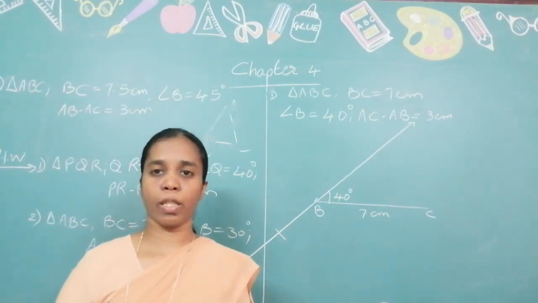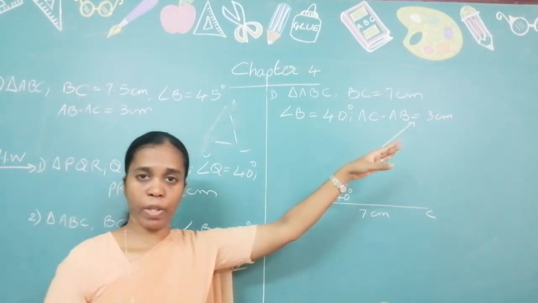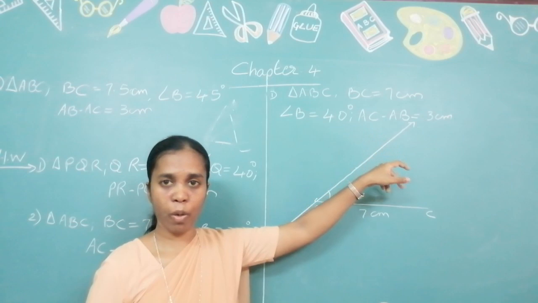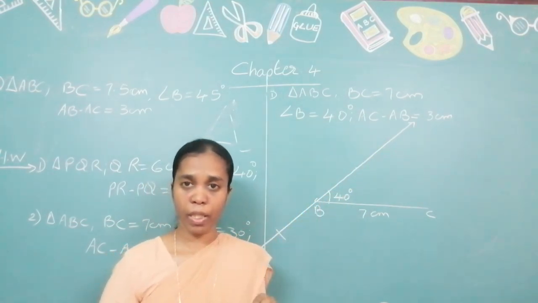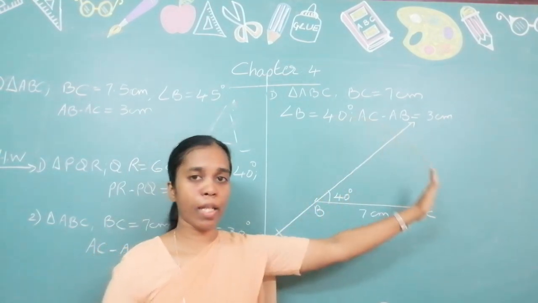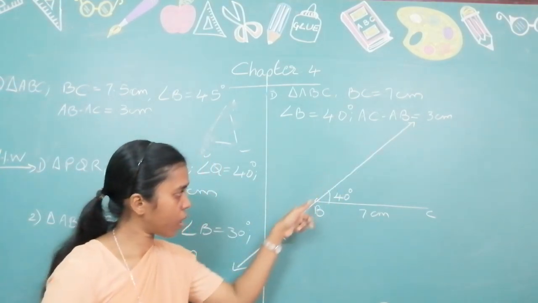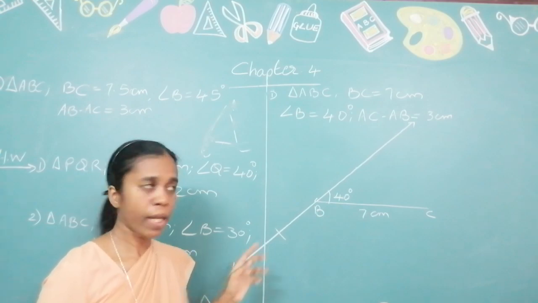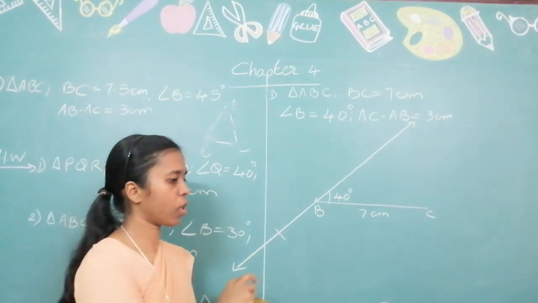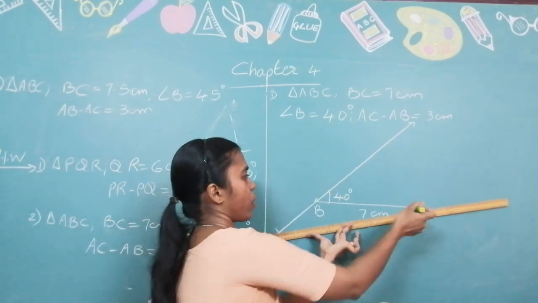In the last two construction, what did we do? Base, took the angle, draw the ray. Once you finish drawing the ray, whatever is the third measure given, whether it's addition or subtraction, we have taken it on the above line. But now here we know that we are told this angle, but we are given that the other side is greater than this. Therefore, we are taking it below. The same 40 degree straight line, you take it below, extend it below, and the next measure that is given, you mark it on this. Okay. Once you have marked that on the given ray, then join to the third side of the next side of the triangle, the base of the triangle.